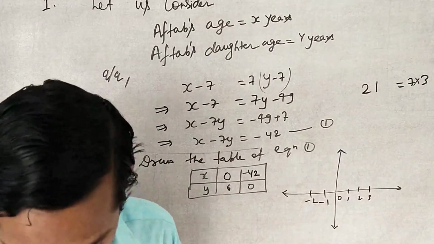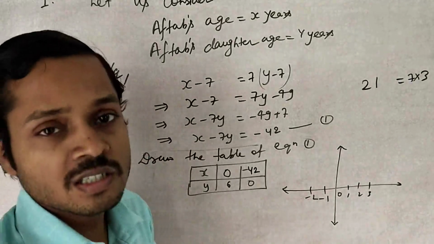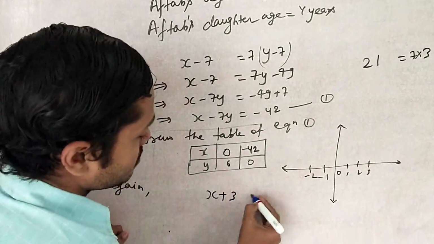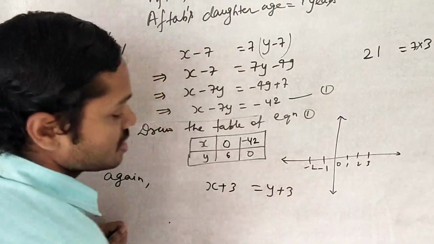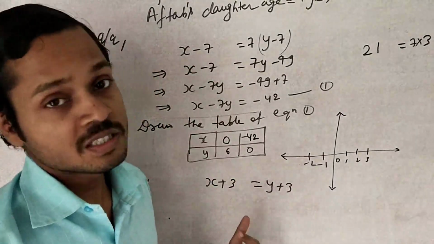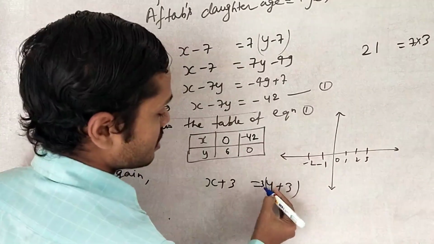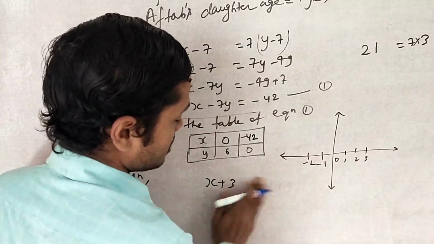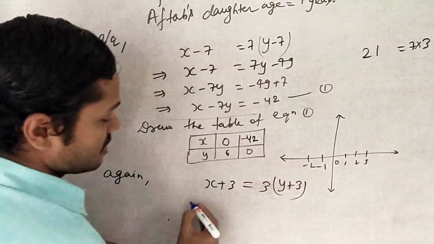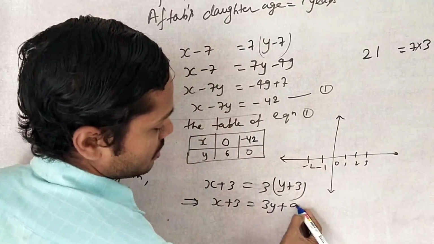I shall be after 3 years from now. Just think about after 3 years, your age will be added 3 years, the x will be added 3 years, and y will be added 3 years. But just think about the father's age is always greater. Clear? This means the father's age is 3 times the daughter's. So we can multiply the daughter's age, not the father's age. I will be writing here: x plus 3, 3y plus 9.